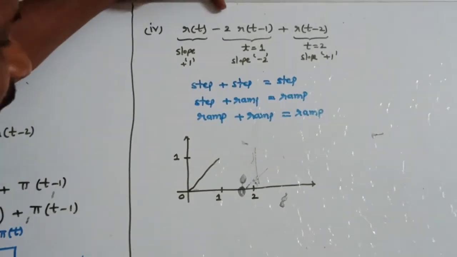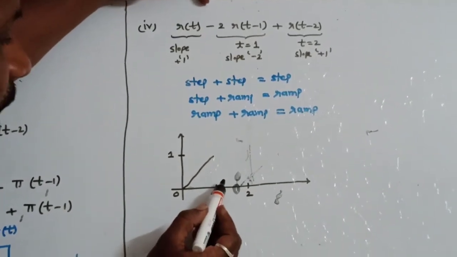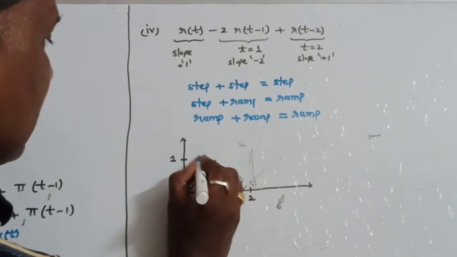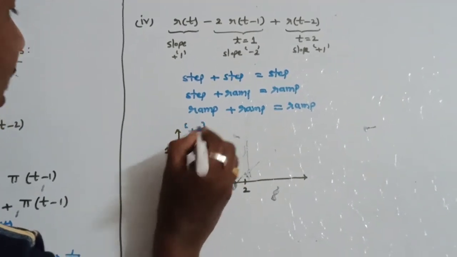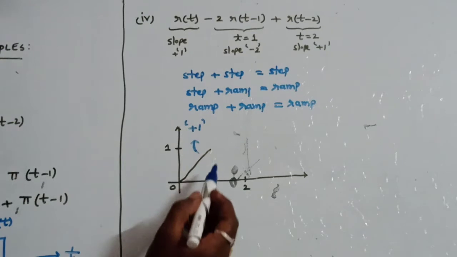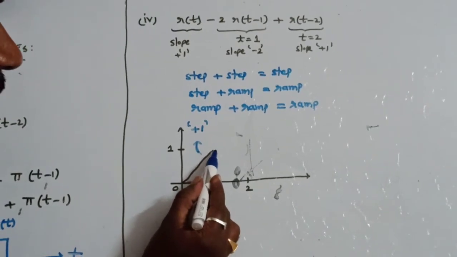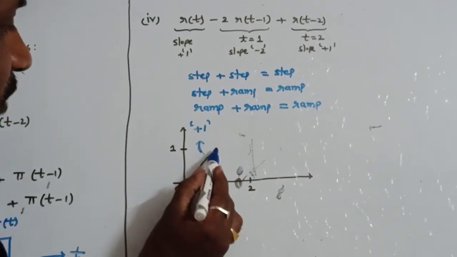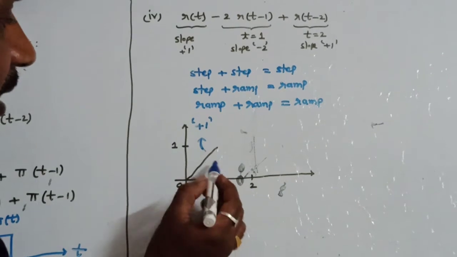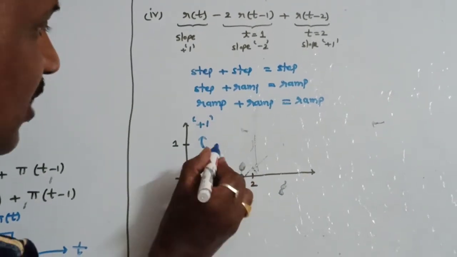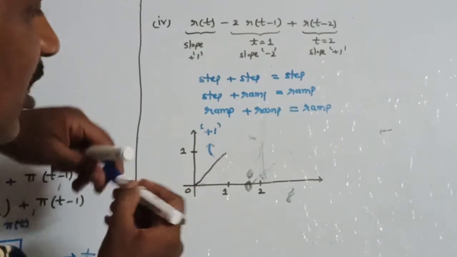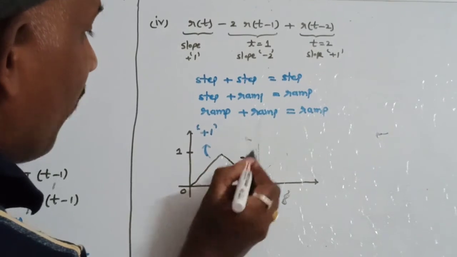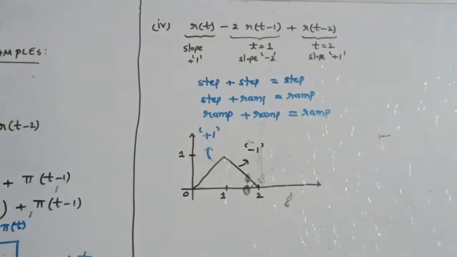At t equal to 1, there is another ramp of minus 2. So you have to clearly mention here the slope of the line is plus 1. At t equal to 1, one more ramp is added with a slope of minus 2. So plus 1 minus 2 will become minus 1. That means from t equal to 1 onwards, there will be a ramp with a slope of minus 1. That means for every unit, the amplitude reduces by 1 unit. So therefore you have to draw like this. The slope of this ramp is minus 1.